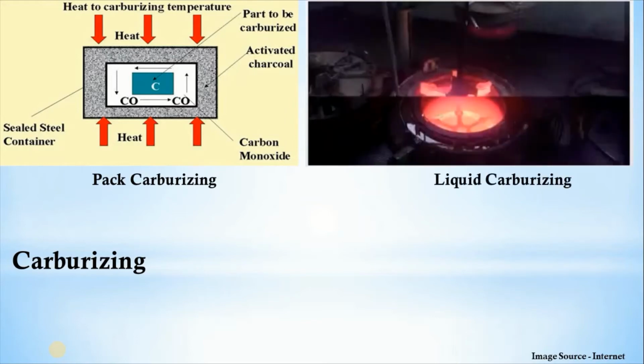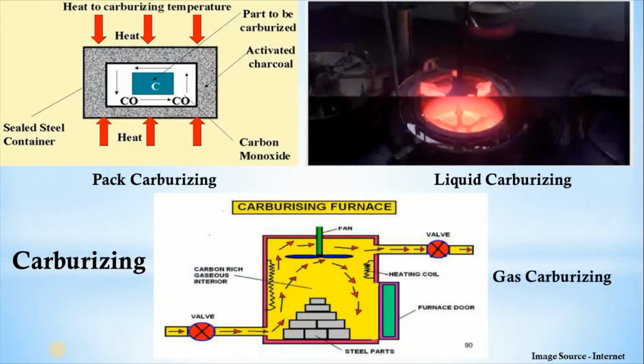The second part is liquid carburizing. It is a process used for case hardening steel and iron parts. The parts are held at a temperature above 850 to 900 degrees Celsius in a molten salt that introduces carbon and nitrogen or carbonol into the metal. Most liquid carburizing baths contain cyanide, which introduces both carbon and nitrogen into the case. In this way, we do surface treatment or case hardening by liquid carburizing.